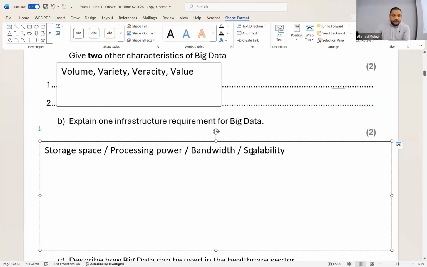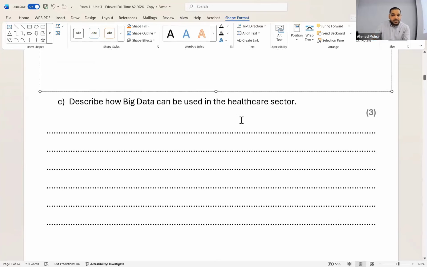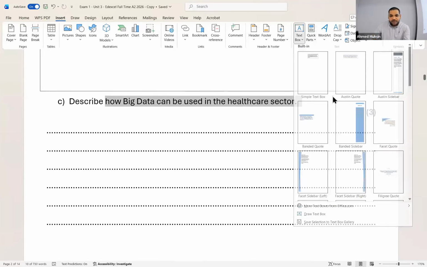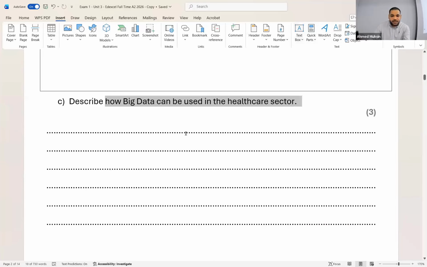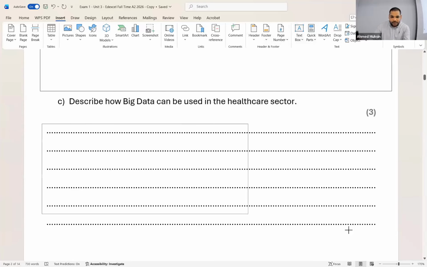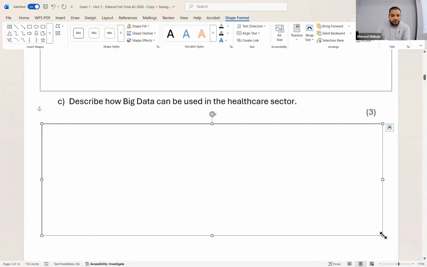Describe how big data can be used in the health sector. In hospitals, for medicinal purposes, how can big data be used? So you can pick up any example and talk about it. Okay, everybody, any answers you can think of? So you know big data is data from various sources, various people, changing quickly. It's in different formats. So how can we use big data in the health sector?